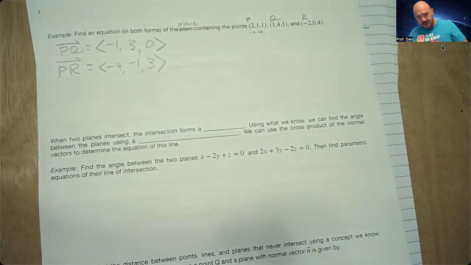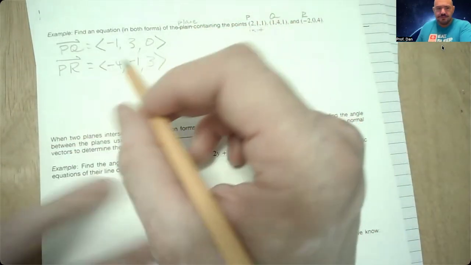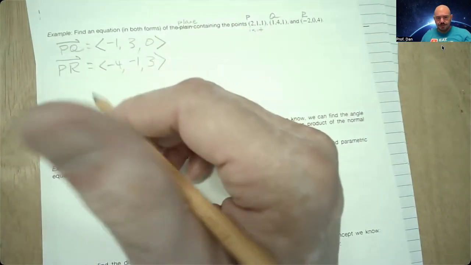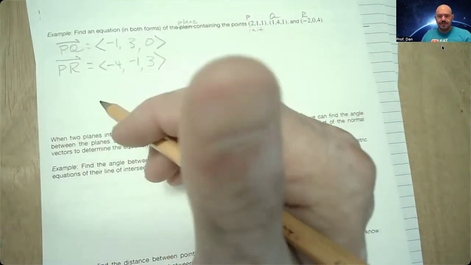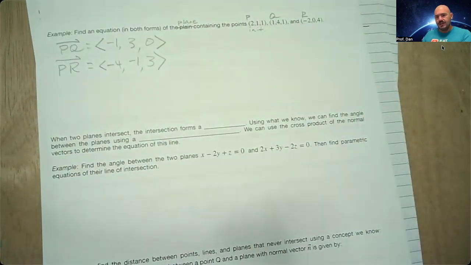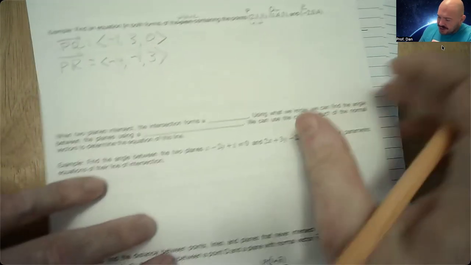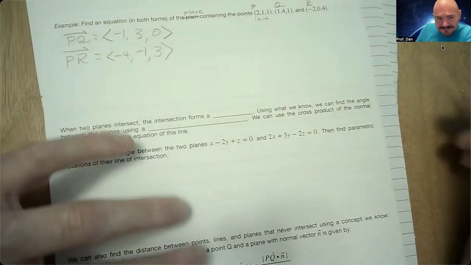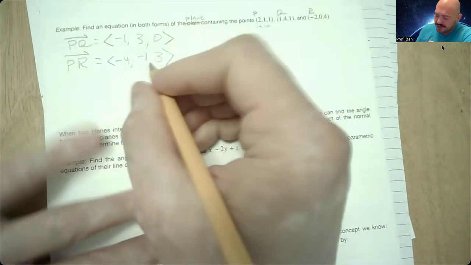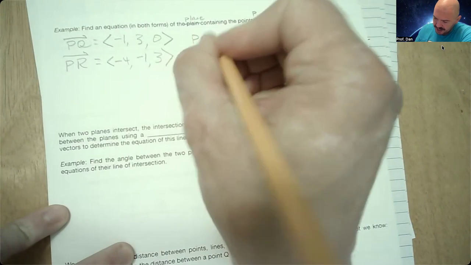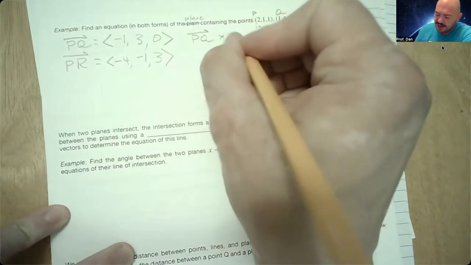So these are the 2 vectors whose cross product we can take to find the vector normal to the plane. And I say a vector because it doesn't really matter which order you do it in, but you would get different vectors if you did that. It's just one would be the negative of the other, which remember isn't really that big of a deal. So if I were to take the cross product, PQ cross PR,